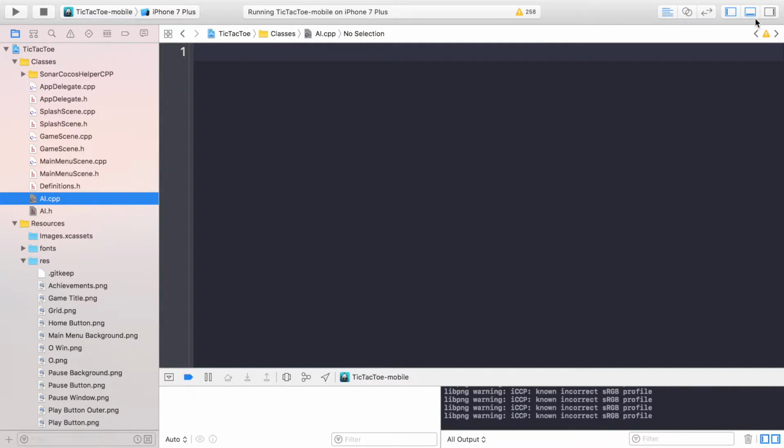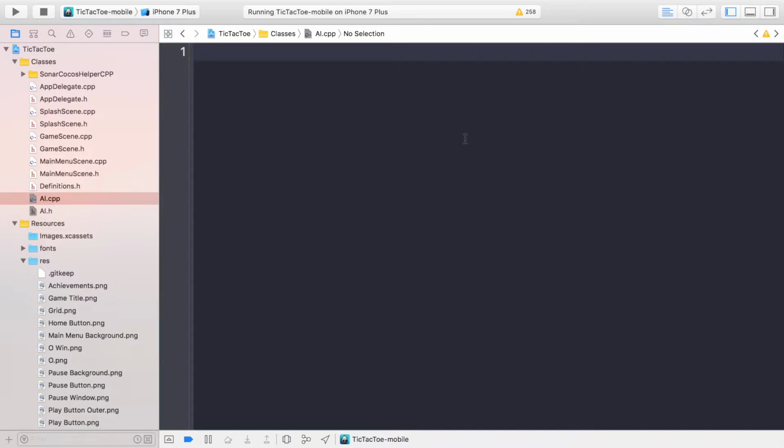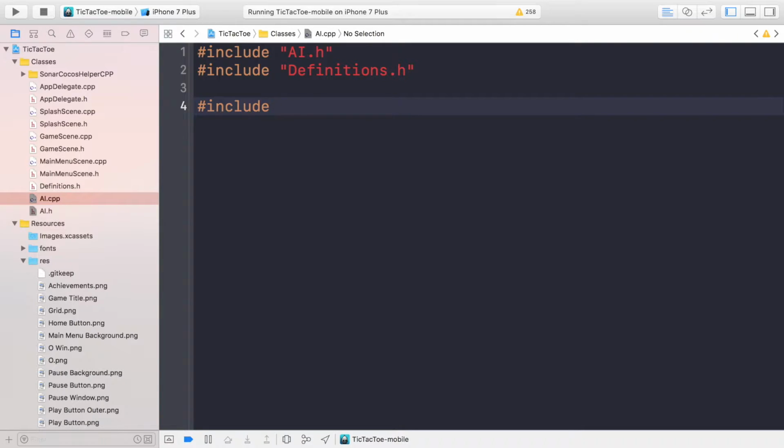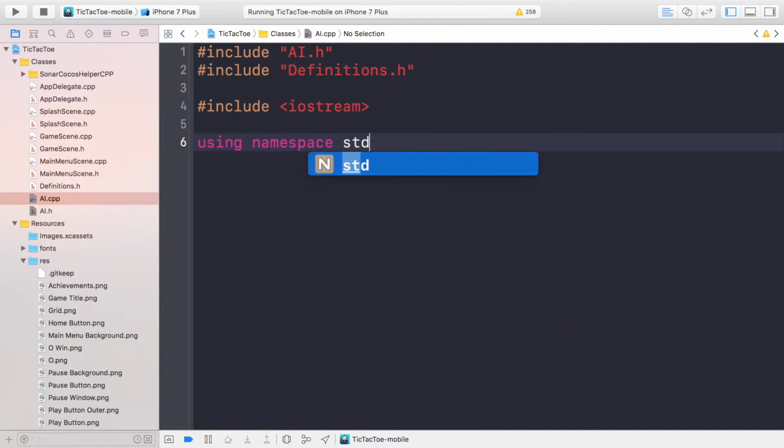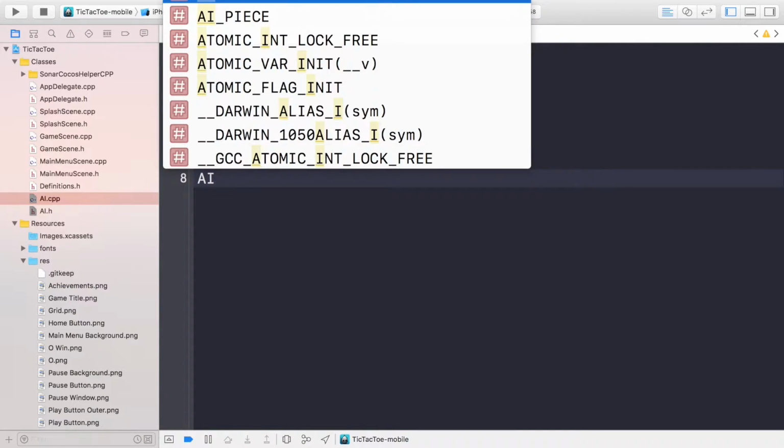So what we want to do is #include "ai.h", #include "definitions.h", and we need to do a #include <iostream>. We're going to use the namespace std, probably just to make it easier. You could do that within the header file as well. We're going to have a constructor, so